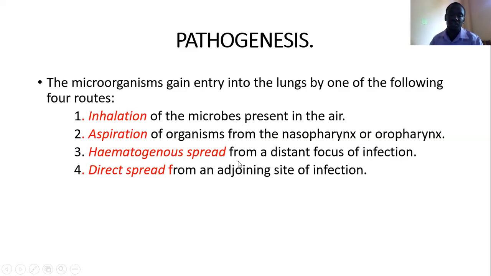Then the microbes might spread into the lungs through the blood, and one ends up getting pneumonia. We also have direct spread from an adjoining site of infection, like for example, one might be having tonsillitis, and as a result the microorganisms may descend into the lungs,